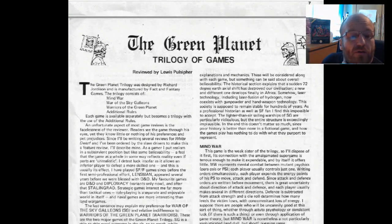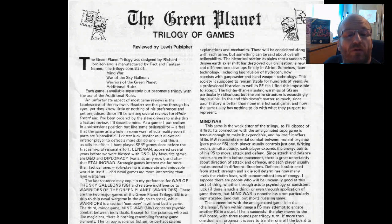The Green Planet, trilogy of games reviewed by Lewis Pulsifer, who was, of course, one of the contributors to the Fiend Folio. But Green Planet is...